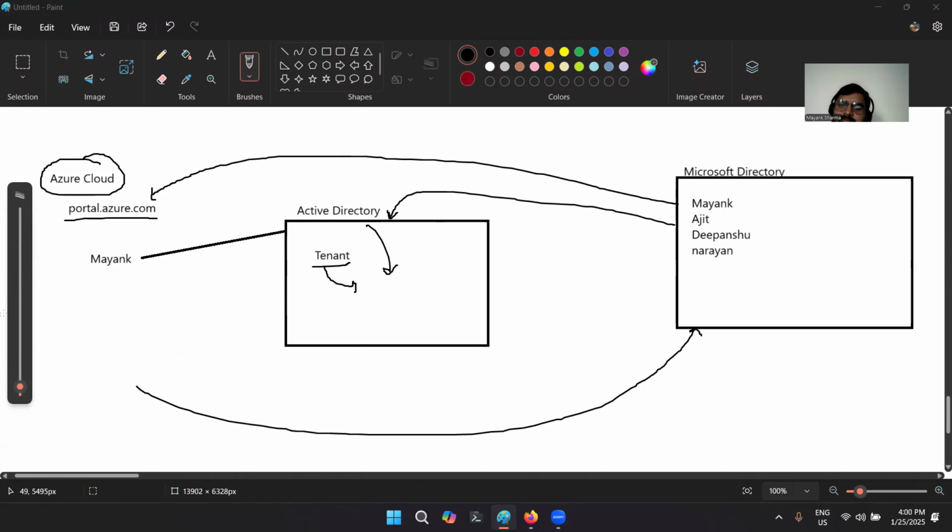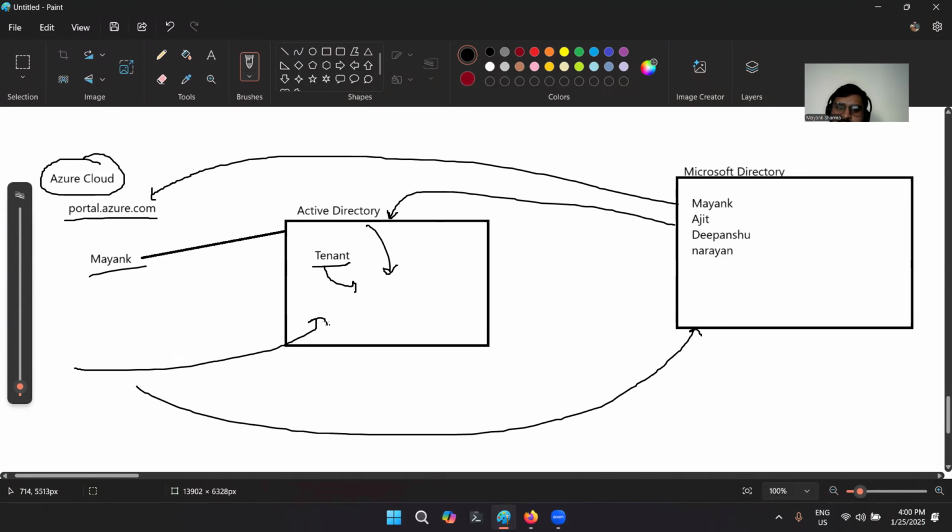Correct. Now, suppose you have given access to me also on the same account, but still I will first go to the Microsoft directory to be authenticated? No. If I give you access to my account, then you are going to authenticate from my Active Directory, not the Microsoft Active Directory. But how will the portal understand that? Because of your username.